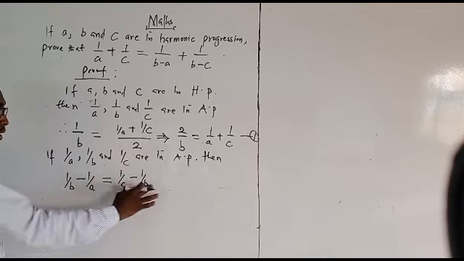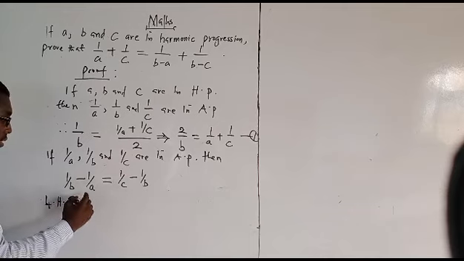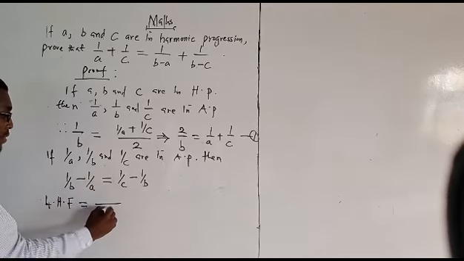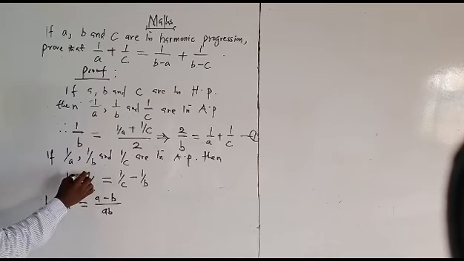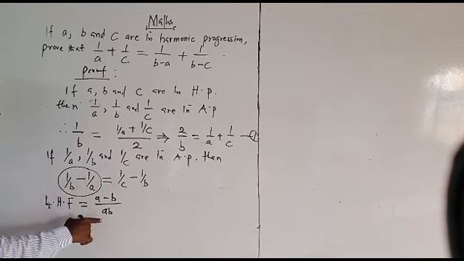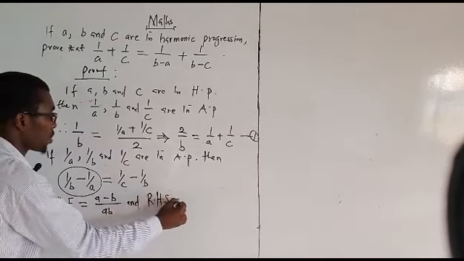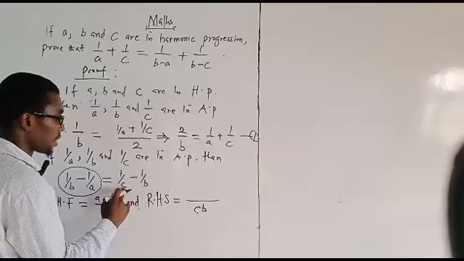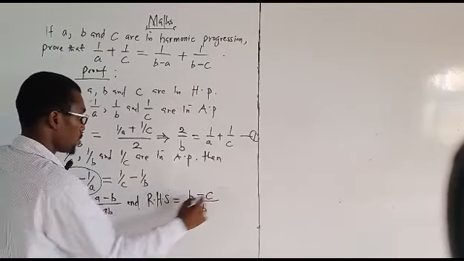Now we can work on each side. The left-hand side, let me write LHS, is equal to, you can take the LCM. The LCM of these two quantities is AB, right? On division, we shall have A minus B. So this expression simplifies to this, all right? And also, the right-hand side, the same thing applies. So we take the LCM of this, so we have CB, all right? So on dividing and multiplying, you shall have B minus C. So we are now having